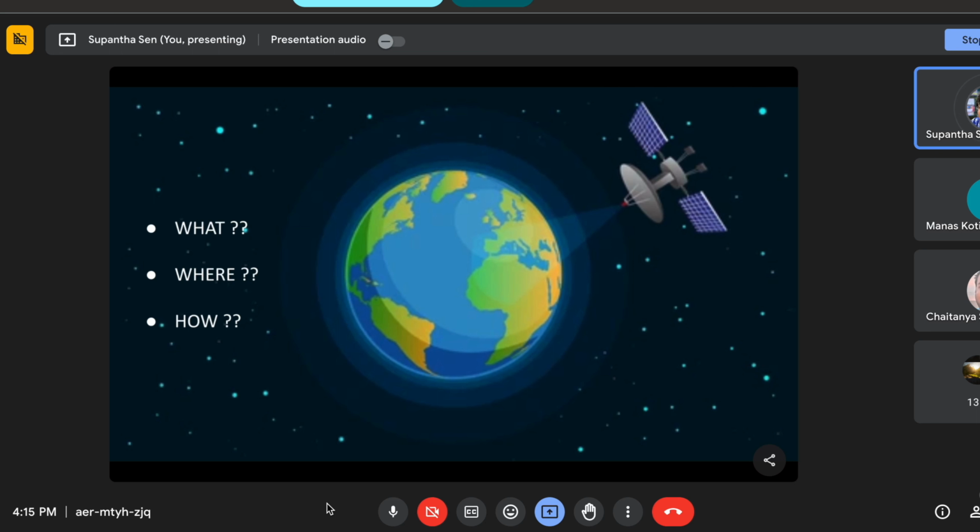The physics behind it is the field of view. If you are at a higher altitude, you can view a large region altogether at the same time. That is the main reason why satellites are placed above the sky or in space, so that they can cover a wide region, like the whole of India at a single go. At which height you put it depends on the application.